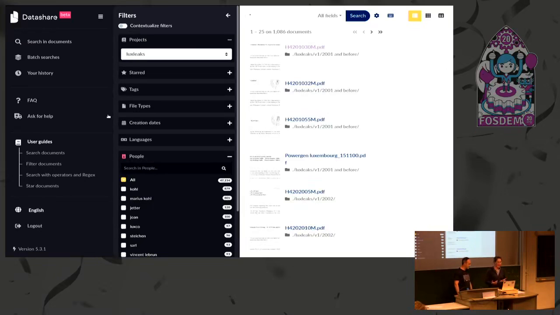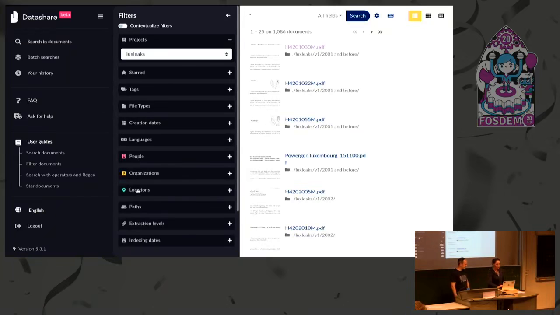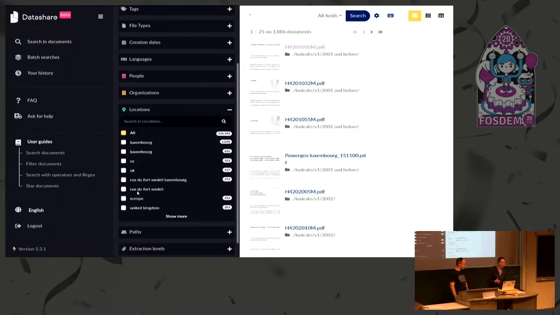So that's a good add for the corpus. And I can do exactly the same with the locations. And here I will see Luxembourg, US, UK, which are the main countries mentioned in that corpus.